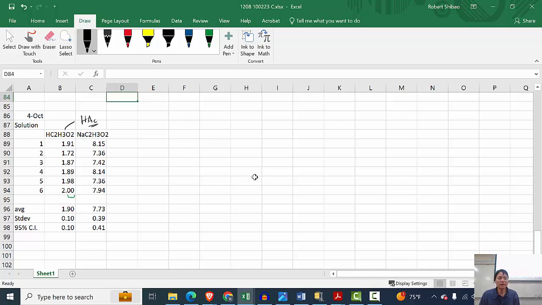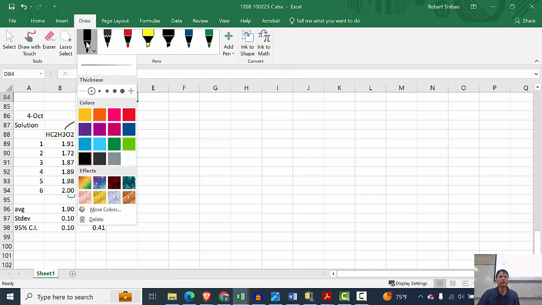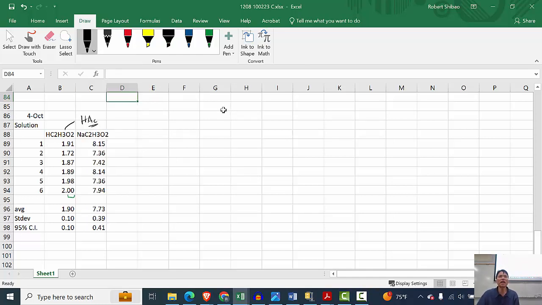Okay, the next thing we're going to do is sodium acetate. And sodium acetate is a base. Since sodium acetate's a base, we have Kb. In other words, base hydrolysis. Base hydrolysis is going to look like this. So we take our acetate,